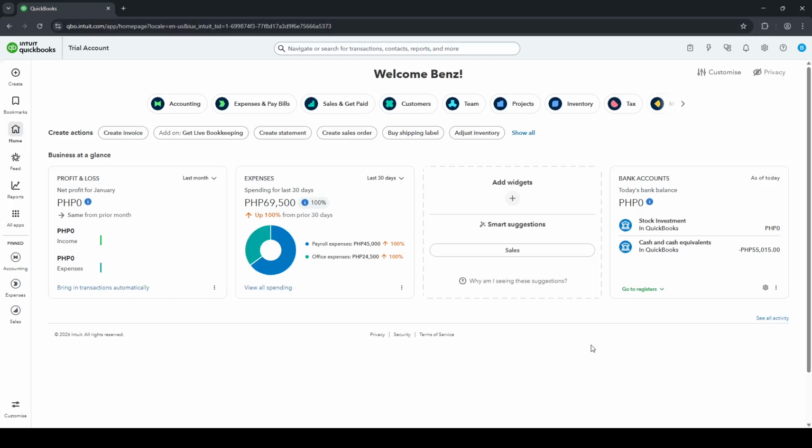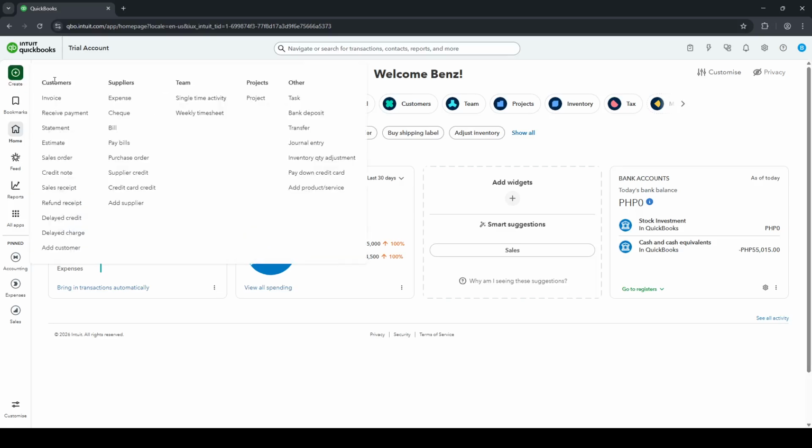Now, open the customers area and add your customers. Click Add Customer, enter the customer's details, and save. Focus on clean, accurate names, primary contact information, and any relevant terms or tax preferences you used before. Saving each customer as you go helps you steadily rebuild your customer list and prevents mismatches when you create new